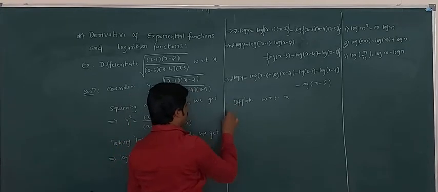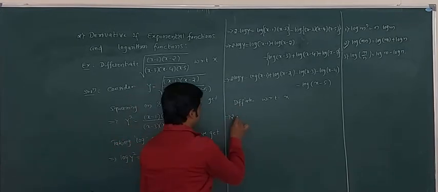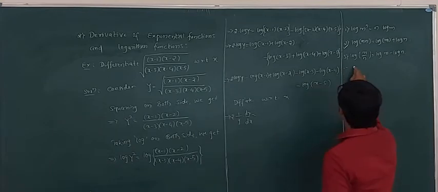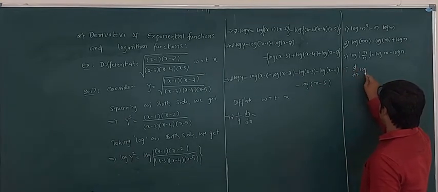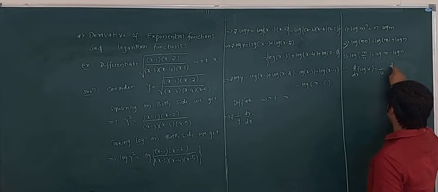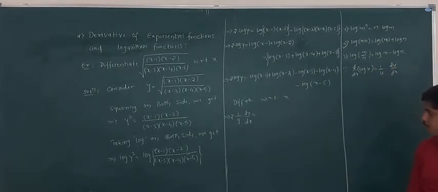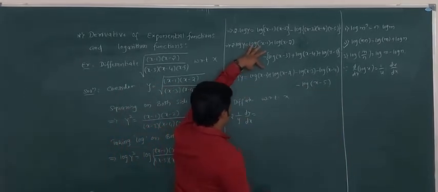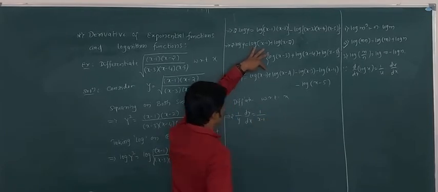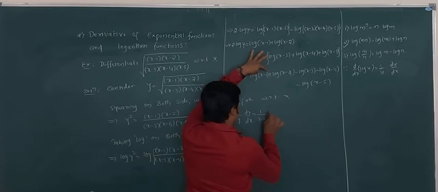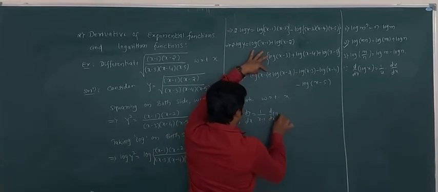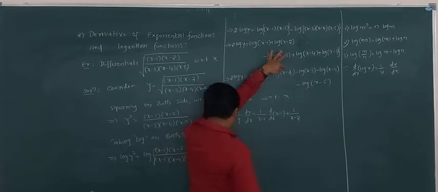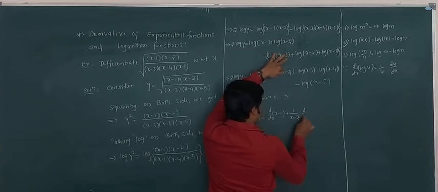We get, 2 is constant on the LHS, so keep it as it is. Differentiation of log y is 1 by y into dy by dx, because we know that d by dx of log u is equal to 1 by u into du by dx. So therefore 2 into 1 by y into dy by dx. Here also, for log u, in place of u we have x minus 1, so 1 by (x minus 1) into d by dx of (x minus 1), plus 1 by (x minus 2) into d by dx of (x minus 2)